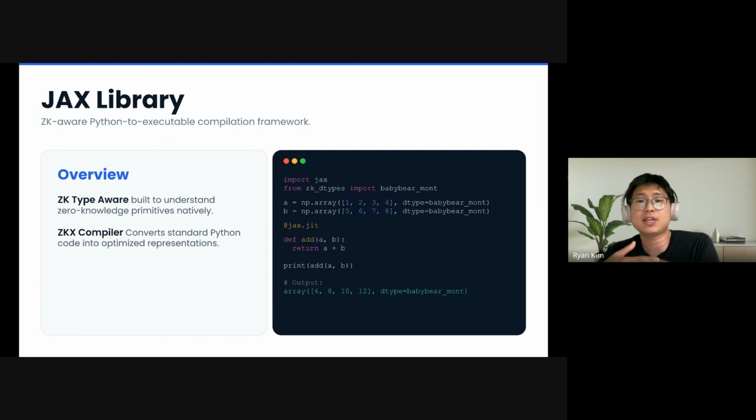And the win is that the user writes Python, the compiler gets a clean typed IR, no DSL, no separate front-end language, pure Python. The two pieces JAX needs are the typed array model, which is where ZK dtypes comes in on the next slide, and the lowering target: JAX lowers the jaxpr to StableHLO, which is the slide after.